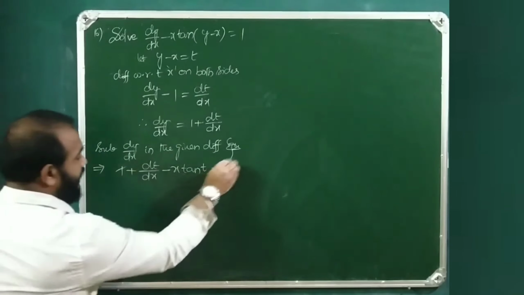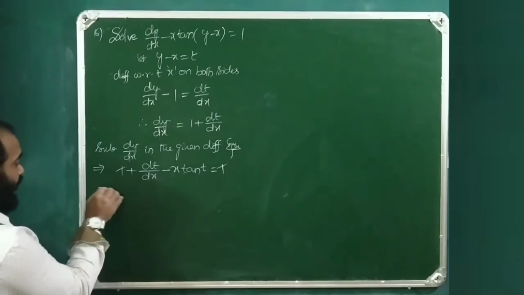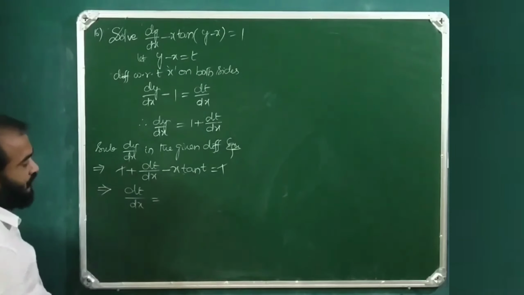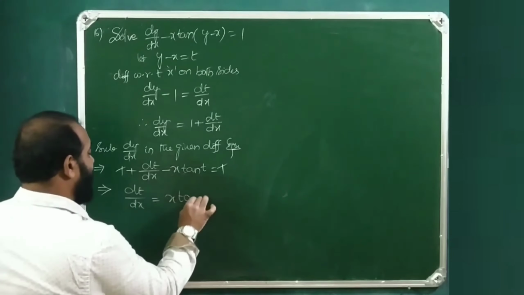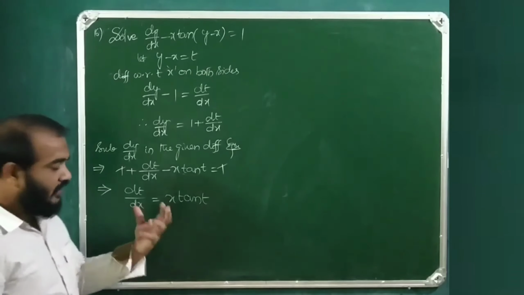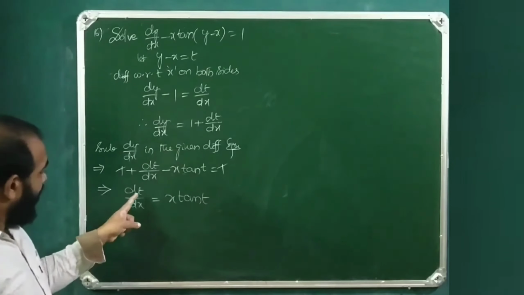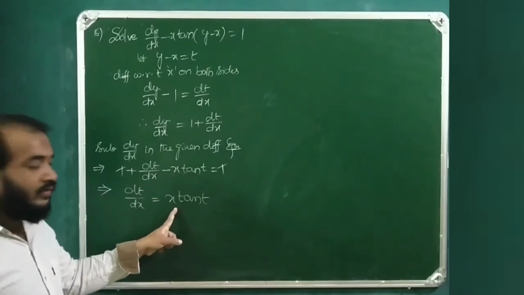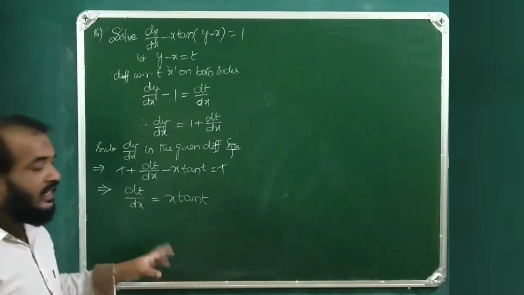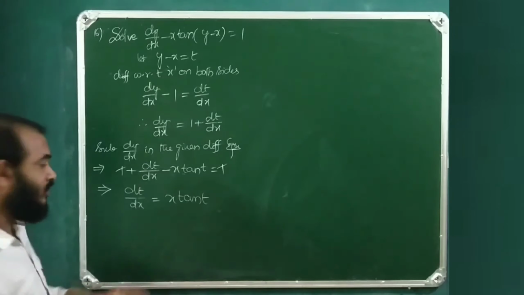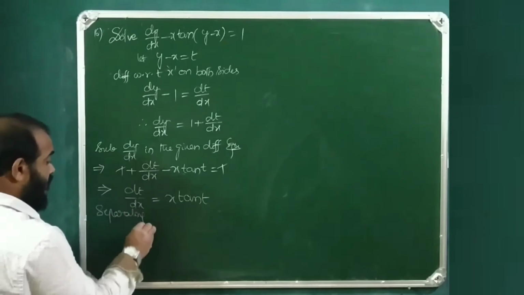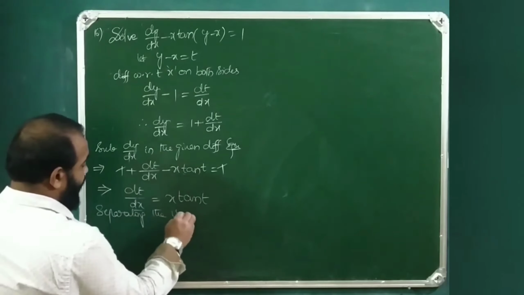So the 1 on both sides gets cancelled. From this, dt by dx equals x tan t. Wherever we see, only t and x are found, so we can separate the variables t and x. So separating the variables,